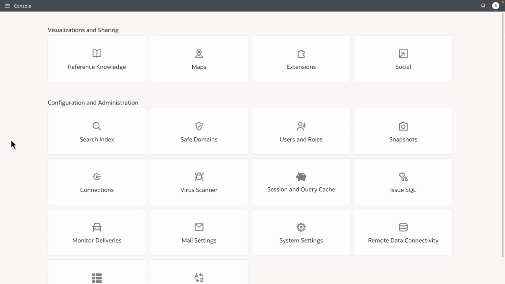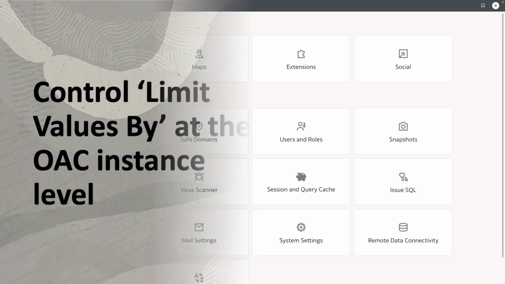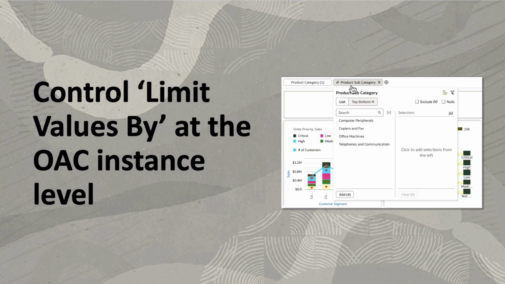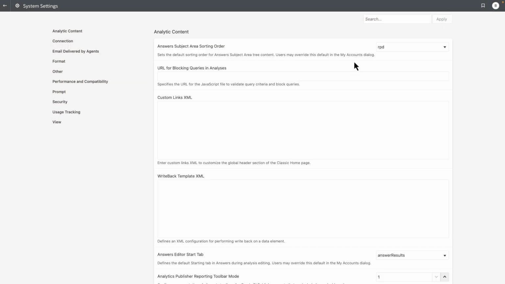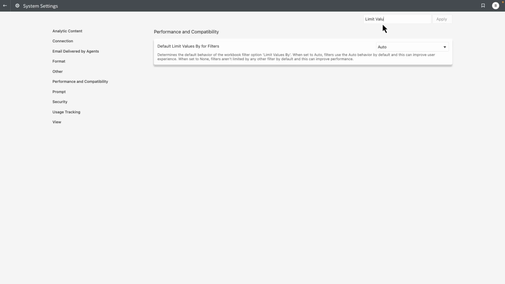Hey everyone, we've added a new feature to turn off the filter limit values by setting at the instance level. As an administrator, I can now navigate to the system settings and let's search for limit values by. And the default limit values by for filters is a new property that we have added under the performance and compatibility section. And the default is set to auto, which means that limit by for the filter columns is turned on